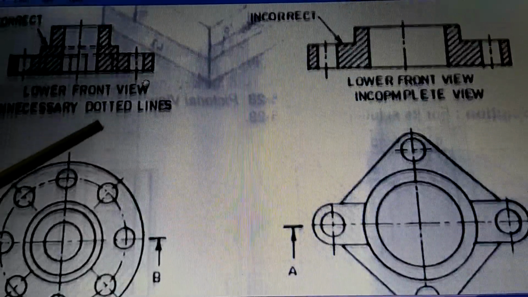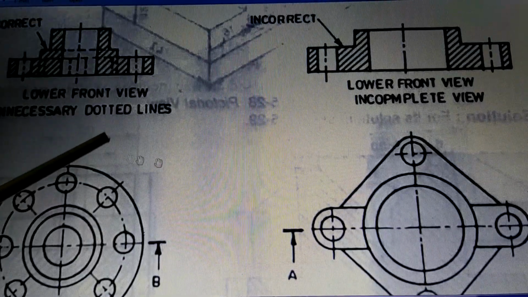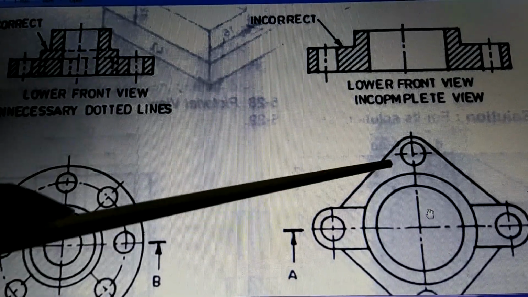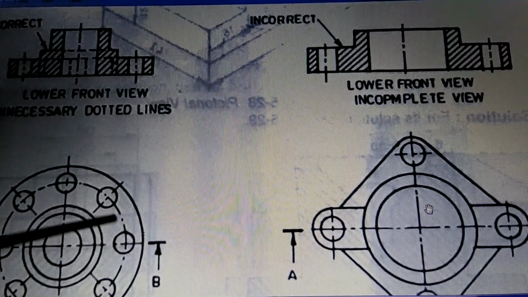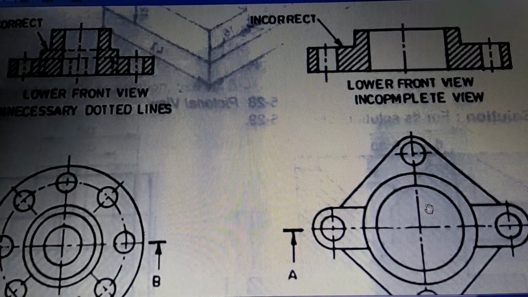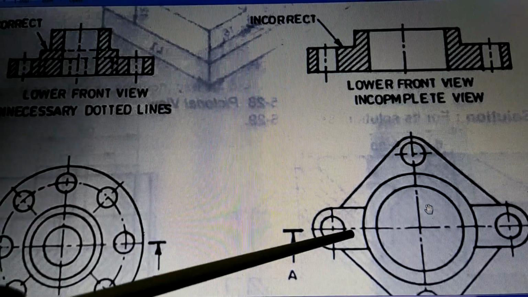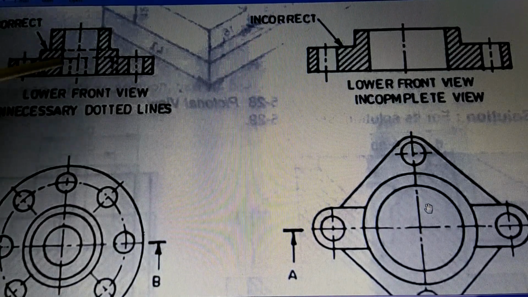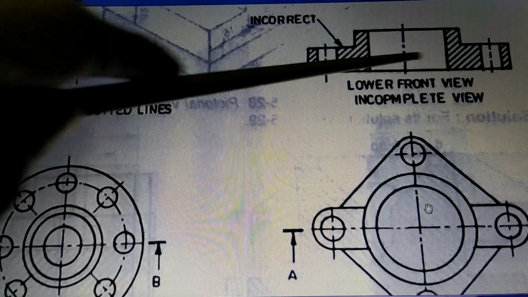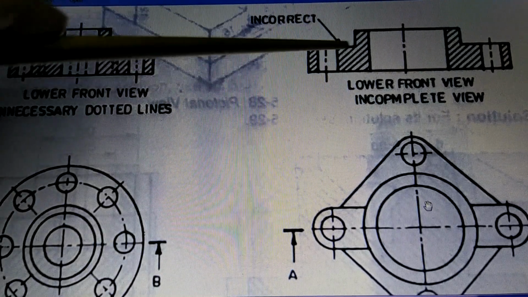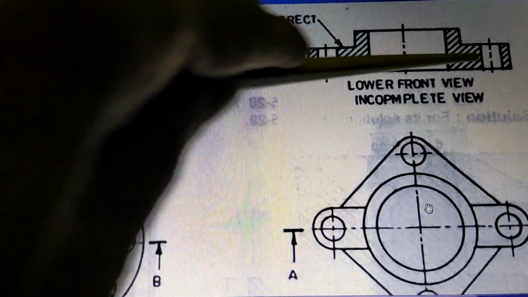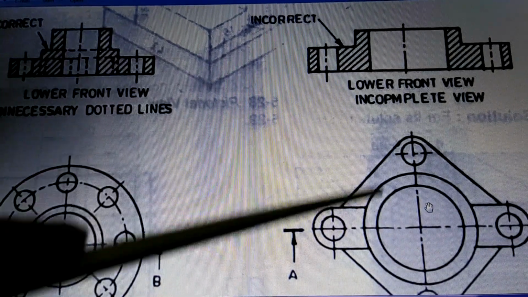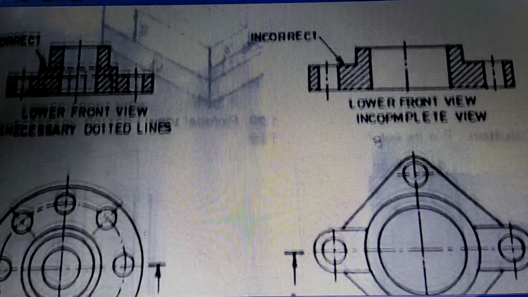In some cases, like here there is another figure. In this figure, this is at a different thickness, this is at a different thickness. So these two are not the same. Here everything was at the same thickness. So here the thickness is different. So in this case, if you try to follow this rule and draw like this and eliminate the dotted lines, then the reader will think that the thickness is the same throughout. So then there will be a confusion. Actually the thickness is not the same. So in such a case,